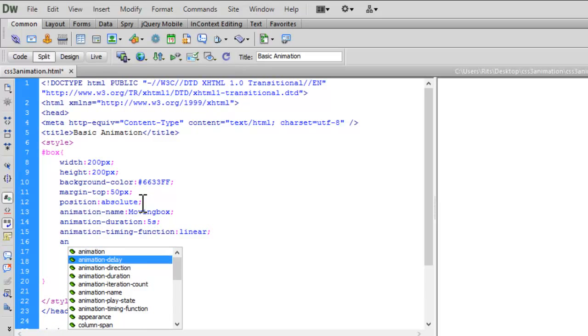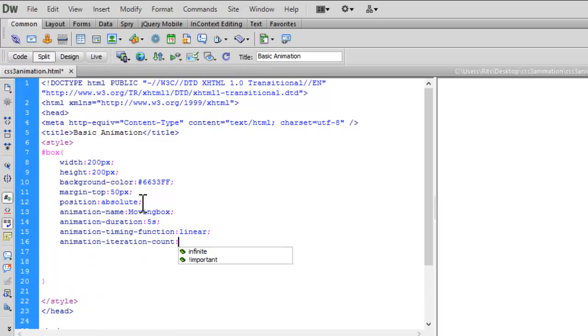Animation iteration count, I want is infinite. This means the name of the animation is moving box. The duration I have specified is 5 seconds. Timing function, it's linear. Animation iteration count infinite means I want to loop my animation infinite times. I can also give the value as 1, 2 or however many times I want to loop my animation.